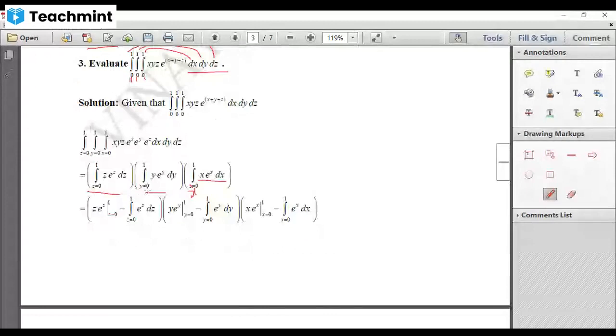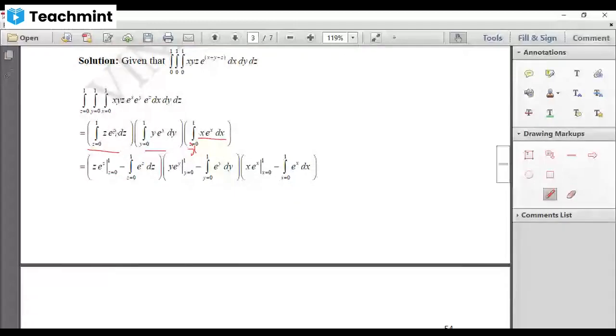Now integral of z into e to the power of z, you apply the product rule, that is integration by parts. Keep z as it is. Integral of e to the power of z is e to the power of z, minus this integrated answer, e to the power of z into derivative of z, which is 1. Because you are having z e to the power of z dz, and if z is replaced by y here, the same thing applies. You'll get the same answer in terms of y. Same integration of this, only you are having variable x, so you'll get the same answer.